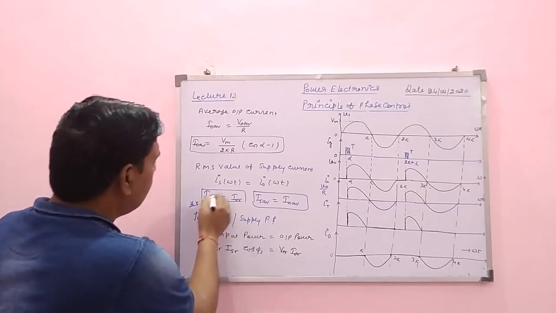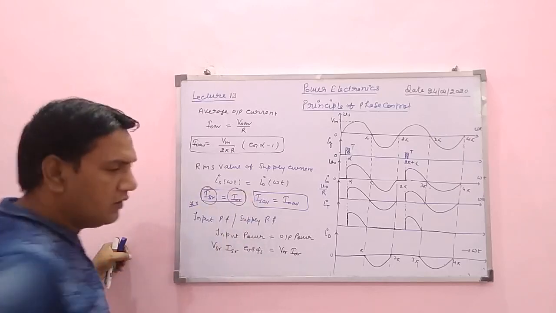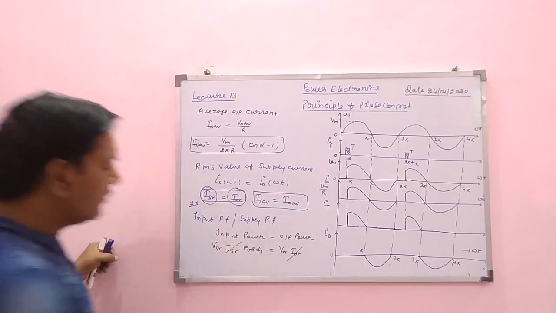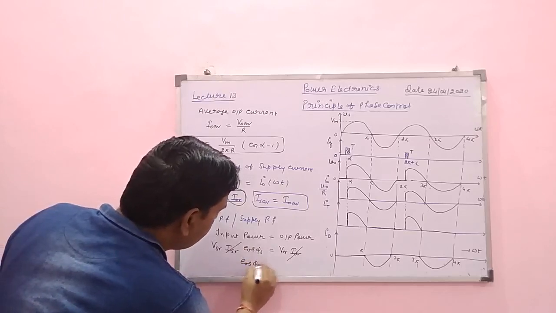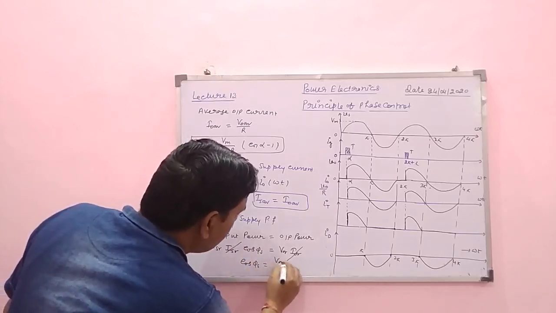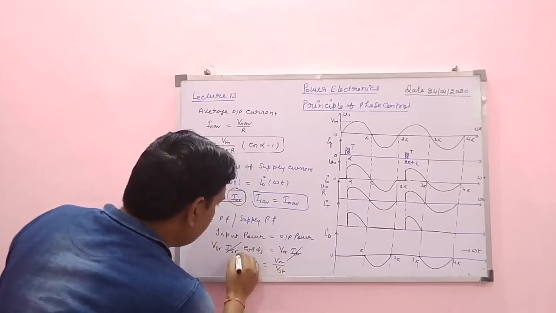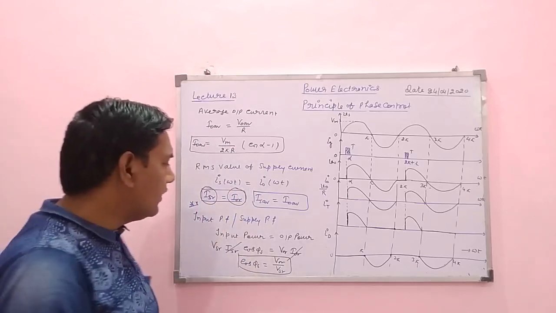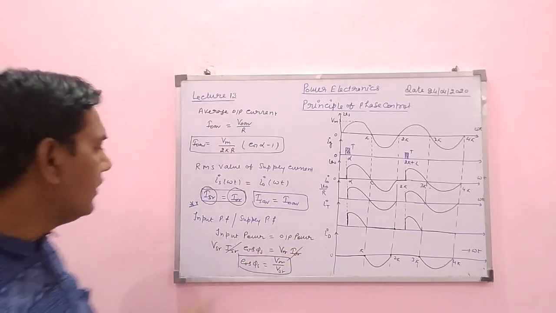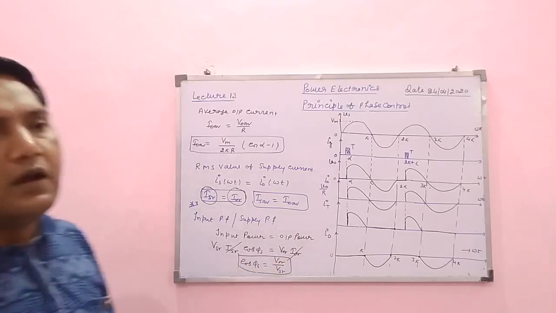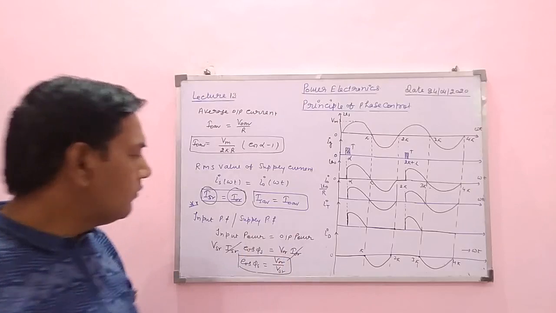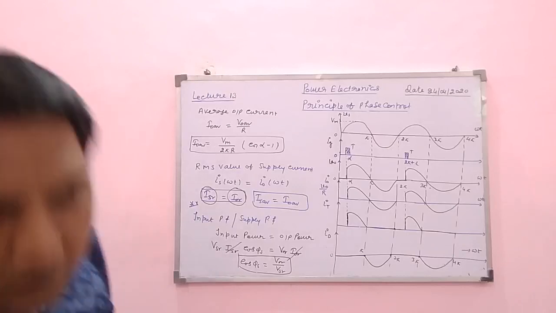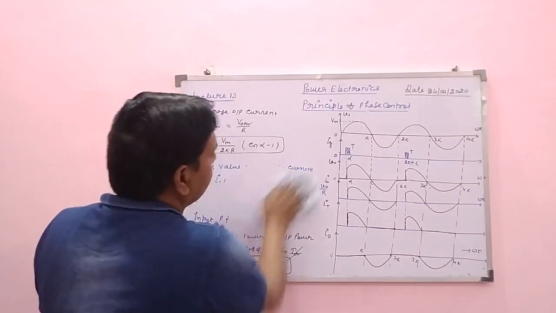The RMS value of supply current is equal to the RMS value of output current, so I naught R and Is R will cancel out. So the supply power factor cos phi s will be V naught R divided by Vs R. This is the fundamental formula. We can use this in the case of converter, inverter or voltage regulator. The supply power factor is equal to the RMS value of output voltage upon the RMS value of supply voltage. In that way we can calculate the supply power factor.